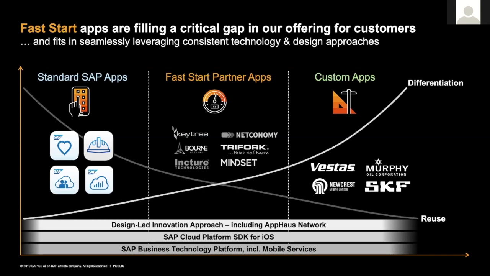So the main point is with these partners, you can either leverage some of their FastStart applications if they fit, or you can also leverage the approach with the App House network and build custom applications and help them also help you understand how the modern application approach could look like if this isn't something